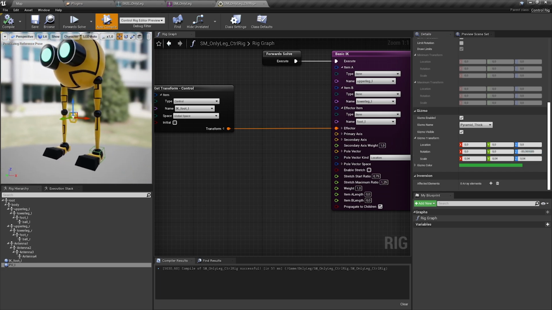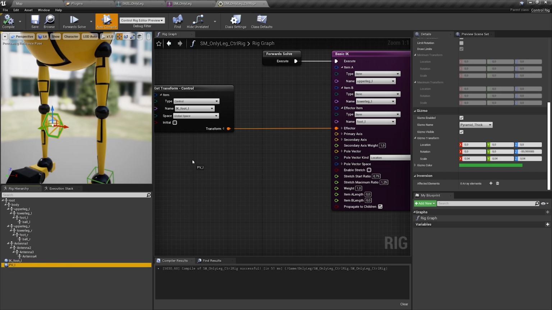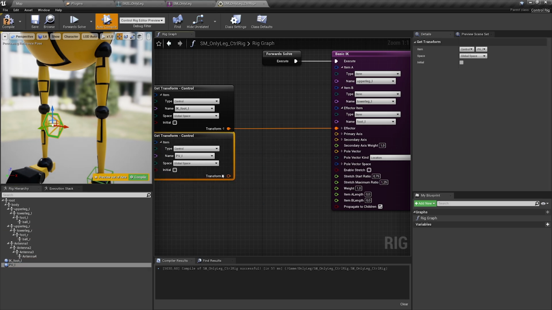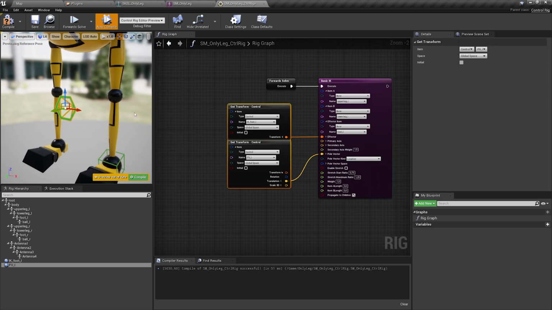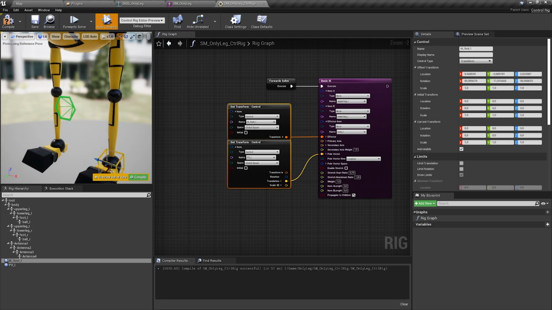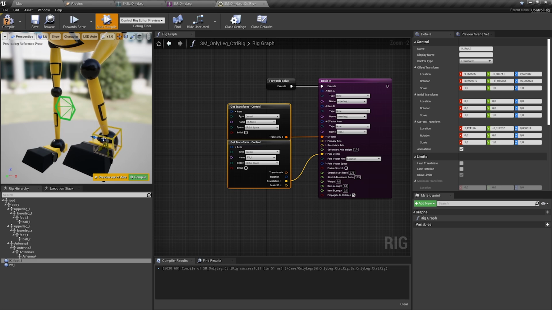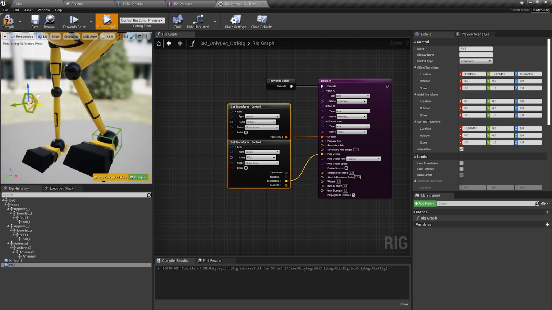And now with this setup, we can use get transform. We only need the location in this case, and we plug this in. And now we have the ability to do the IK for the foot, including manipulating where the knee is pointing at. Really nice and really easy and fast setup.